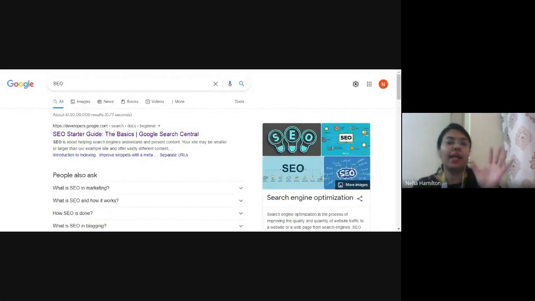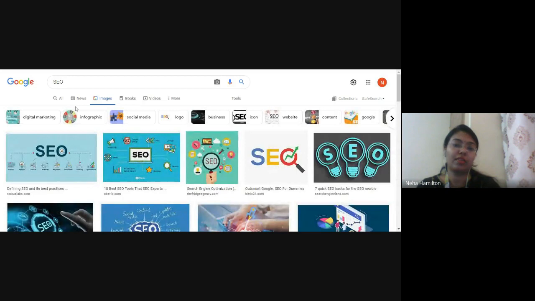So the keyword that I've used is SEO, and this is how the search engine result page looks like. Now, as you can see, the topmost tabs which are there, we have all, images, news, books, and videos. Now, let us click on images, right? Once I click on images, I only get to see those articles who have actually added images in their particular blogs. The websites which have not added any picture, any infographic, any image are not going to be visible in this particular page, right?